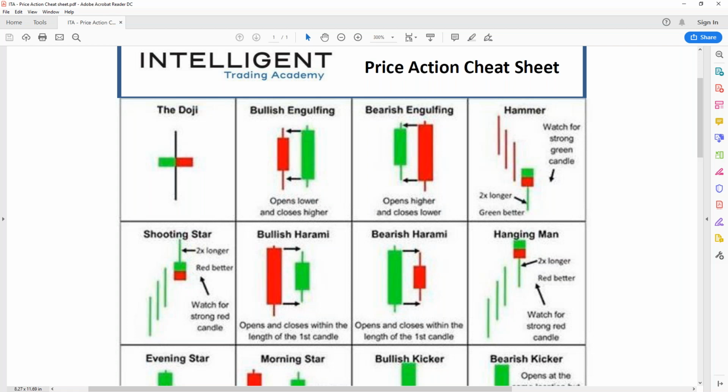Hanging man, again, is found at the top of a bullish trend, i.e. the same as a shooting star. It's just obviously the flip side. Ideally, we want it to be red because it's at the top of a trend. It does just what it says on the tin. It's a hanging man. So the red body of the candle, which you can see here, is the head, and the wick is the neck and body of the particular stick man.